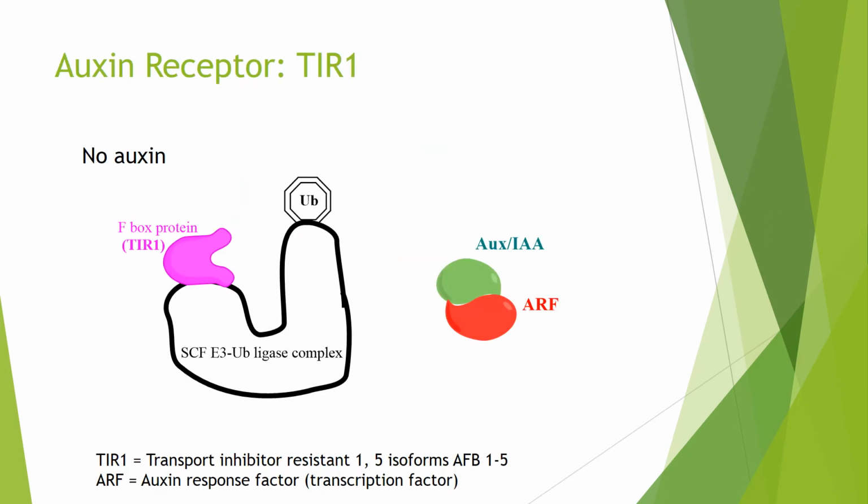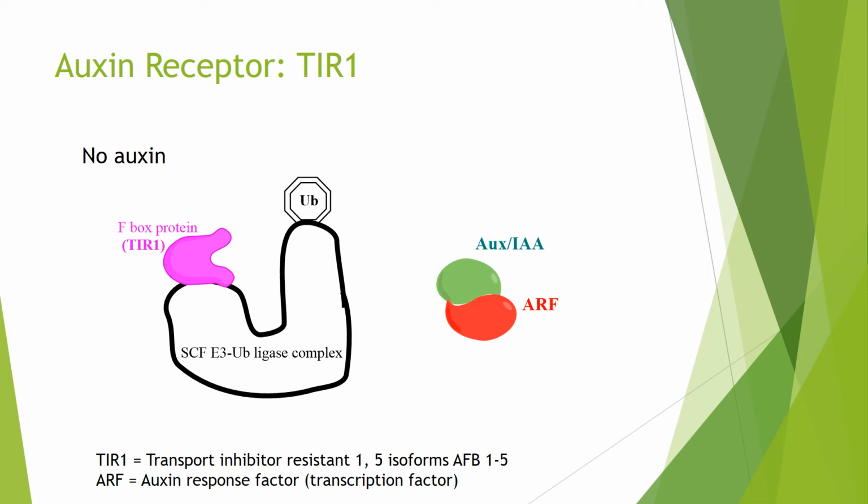Our first auxin receptor, TIR1. So just to set the scene here, SCF E3 ubiquitin ligase complexes bind to specific proteins in the cell, and they then tag them with several ubiquitin molecules. This then targets them to the proteasome for degradation, and so removes them from the cell. Now, how they target it is using F-box proteins, which often have some substrate specificity, for example, binding to a phosphorylated protein. Here, the F-box protein is TIR1, our auxin receptor, and with no auxins, they can't bind to